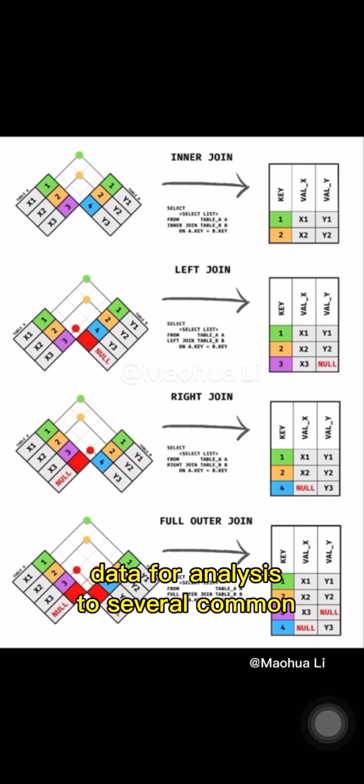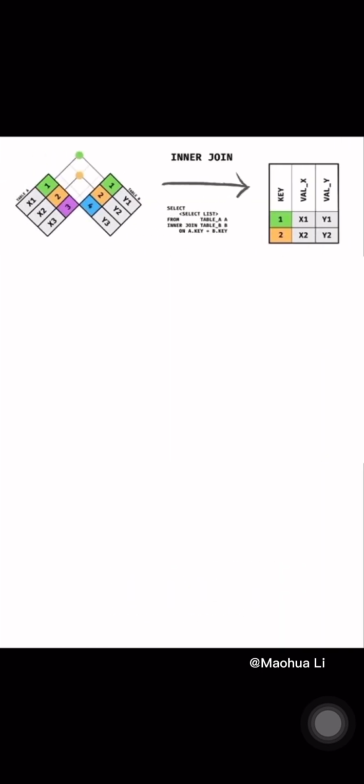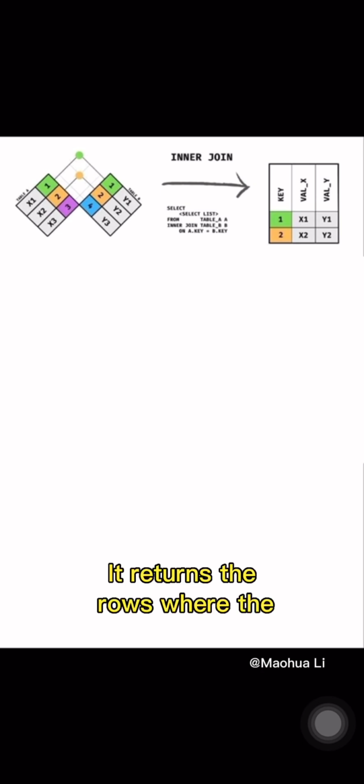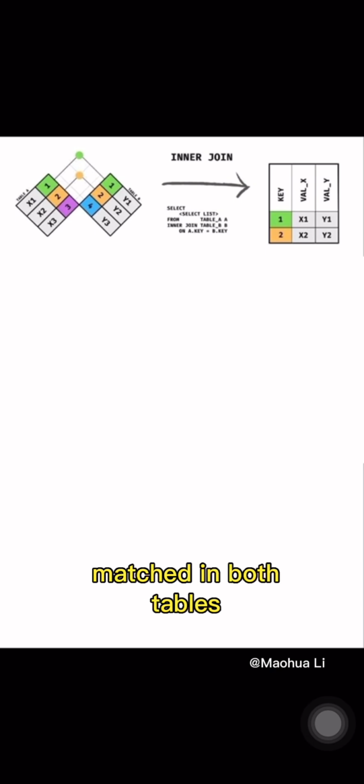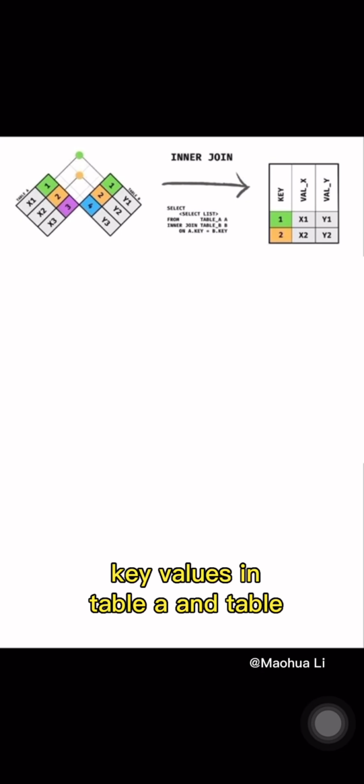2. Several common types of table joins. Inner join. Principle. An inner join is like finding the common ground between two tables. It returns the rows where the join keys, A.key equals B.key, matched in both tables. As you can see from the diagram, only the parts with the same key values in Table A and Table